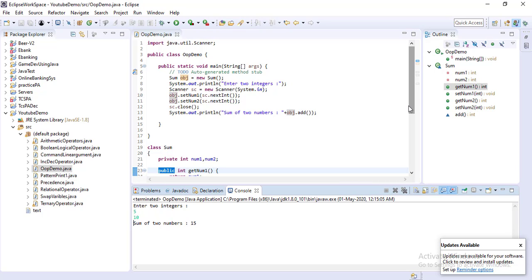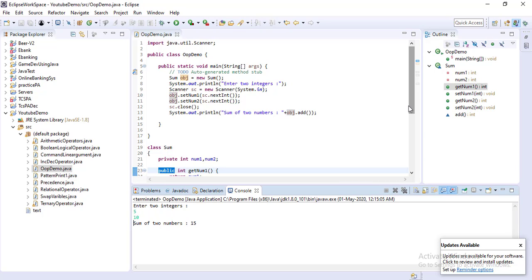So this is the basic thing. In object oriented programming we are mainly focusing on the data, but in procedure oriented programming we are mainly focusing on the procedure, meaning what you have to do and what is happening. Object oriented programming is the core part of Java. Apart from a few exceptions, most of the time in Java we are using objects.